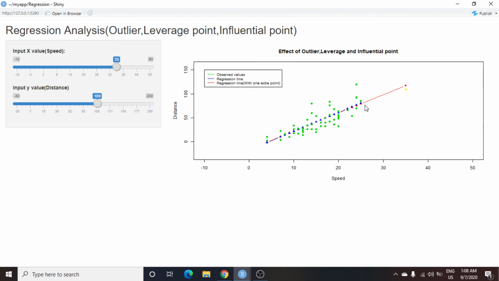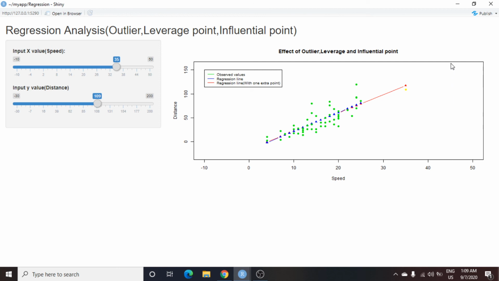You can see that the regression line does not change. So this value we can't call an outlier value, because its y value lies within the range of the rest of the observations.